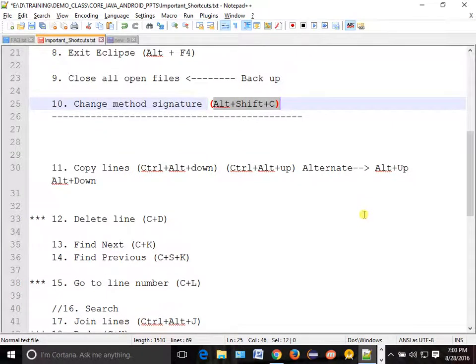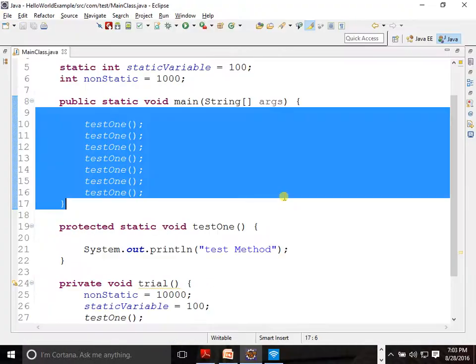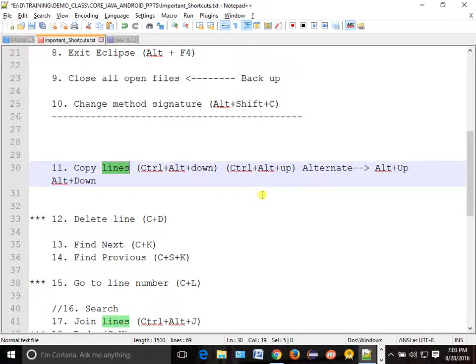Now, if you want to copy a line, typically we have one shortcut called Control Alt Down.